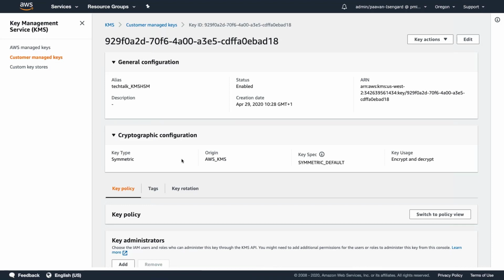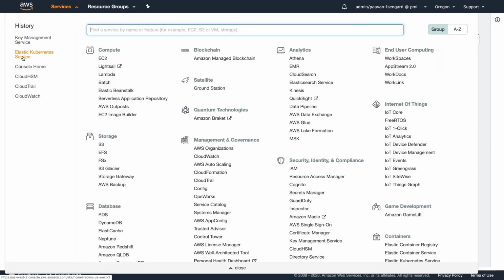It shows us the cryptographic configuration, where we see the origin as we just saw in the slide previously. So the origin is AWS KMS, which means that the CMK, or the master key through which the DEKs, or the data encryption keys, are encrypted, is stored within the KMS HSM, which is FIPS 140-2 validated at level 2 overall. And now if we go back to the